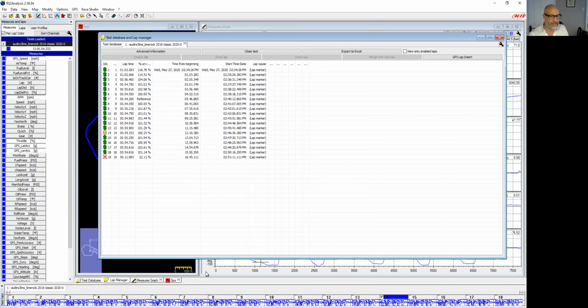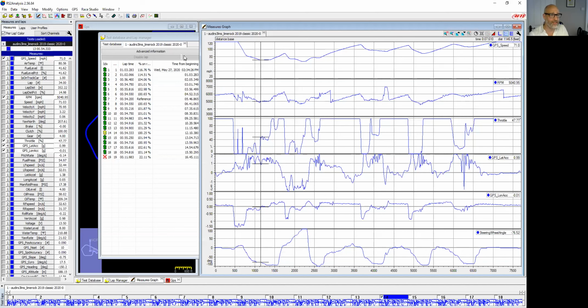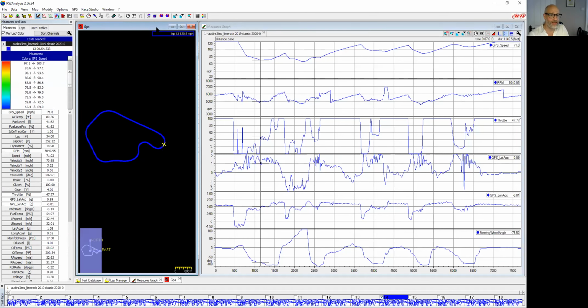And so now we can go back to the measures graph and start having a look at some of the data, which is great. So now we have all of the information that we need to be able to start analyzing our data, but we have so much more to work with as well. And this is the beauty of iRacing. If you've ever wondered, I wonder if I'd use that channel if I got it set up, or wouldn't it be brilliant if I've got an AiM Solo and I want to have brake pressure and throttle position sensor and steering, all sorts of those variables are now